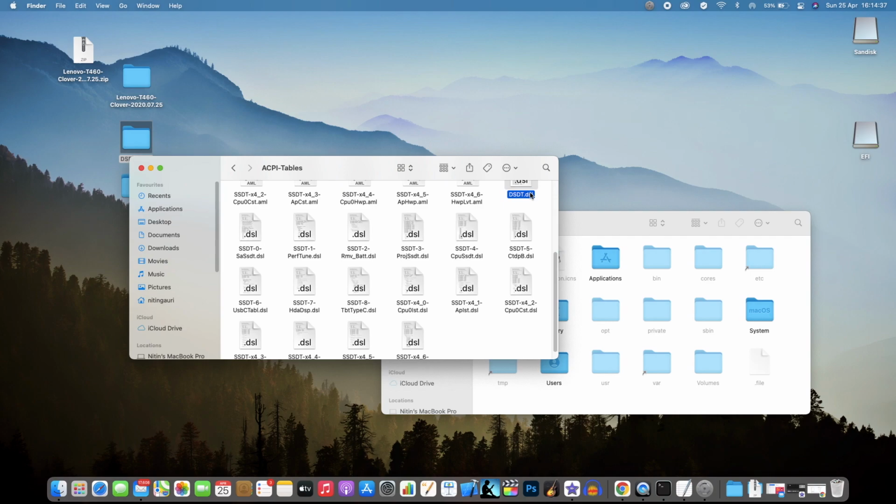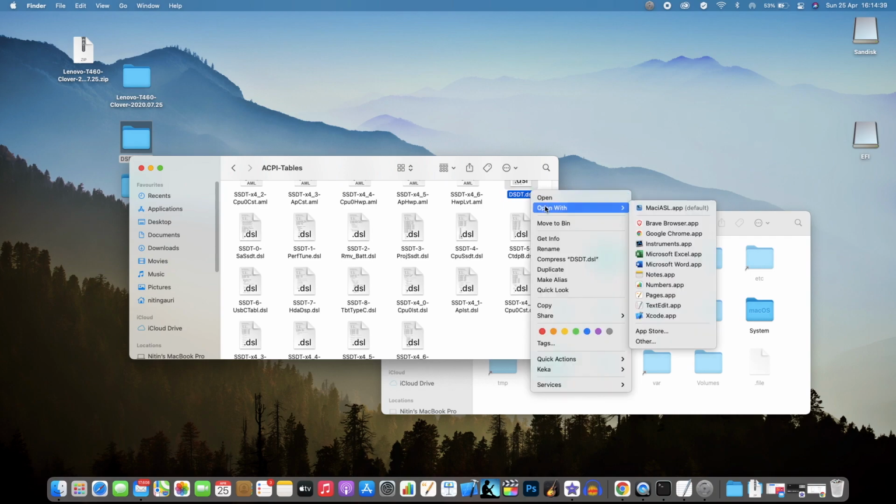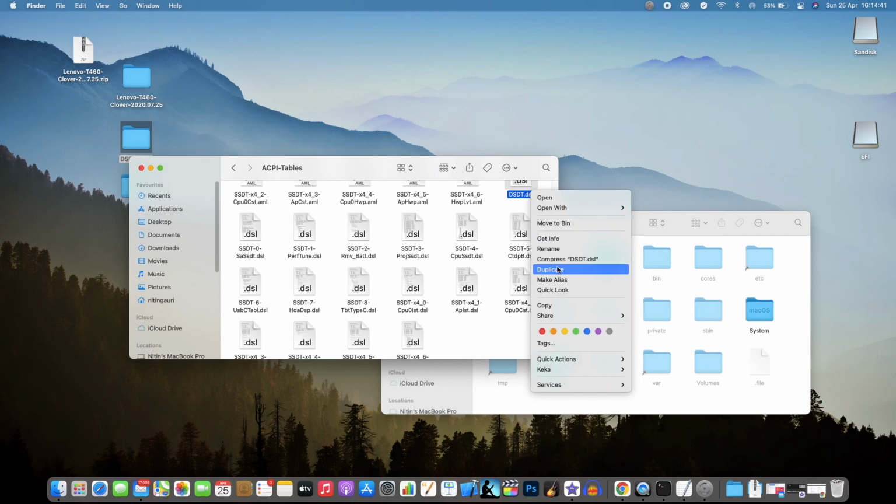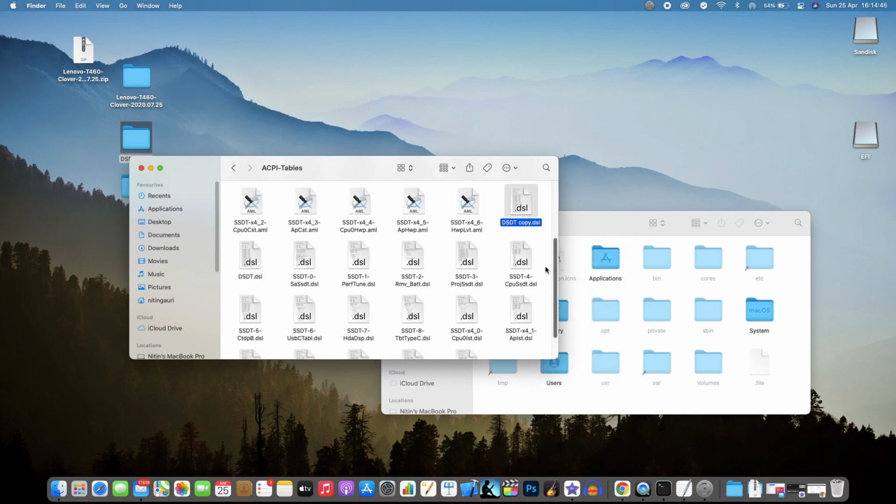Let me take this particular file and make a copy of it. We have made a copy of this. This is the original file and this is the DSL file.